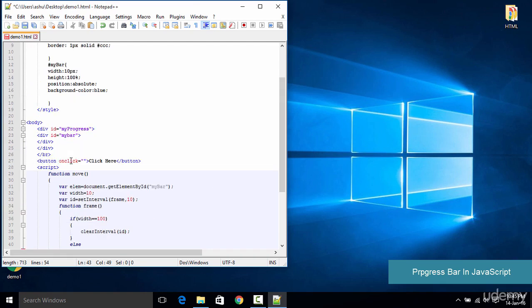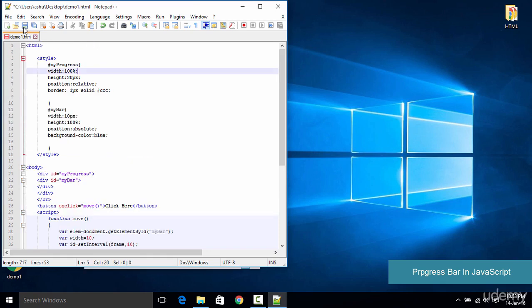Now once everything is done, we go on to our button here and we specify the function name which we want to execute. So on click of the button, we want to run the move function, so we type move right over here. So once we save the code and execute it on the browser,